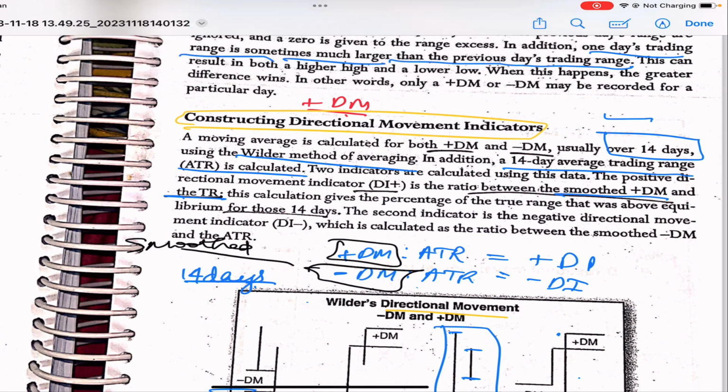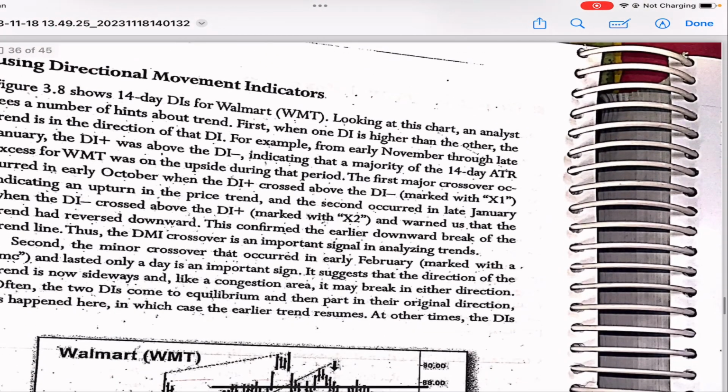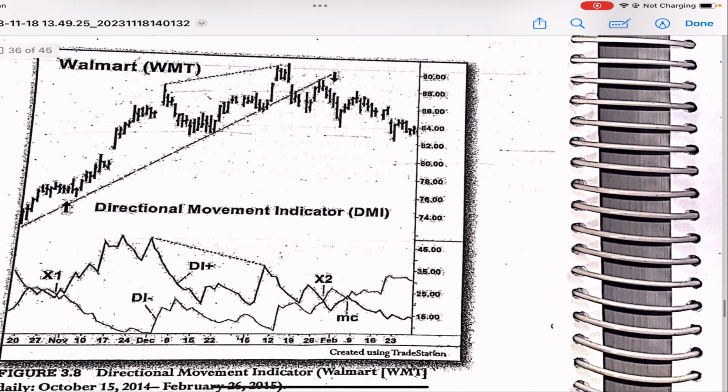That's it. We are done with this Wilder. Very simple. Nothing to worry about it. If you know the concept of it, then you will be doing well in the exam. If you want, you can go on TradingView and just check out the indicator for sure. Now, how do you exactly use these direction movements? Let's talk about that. If you look at this particular chart, they have given us a chart of Walmart,